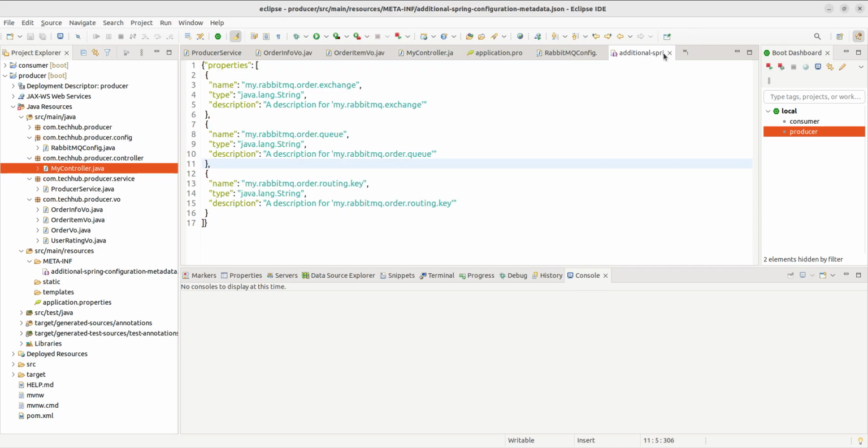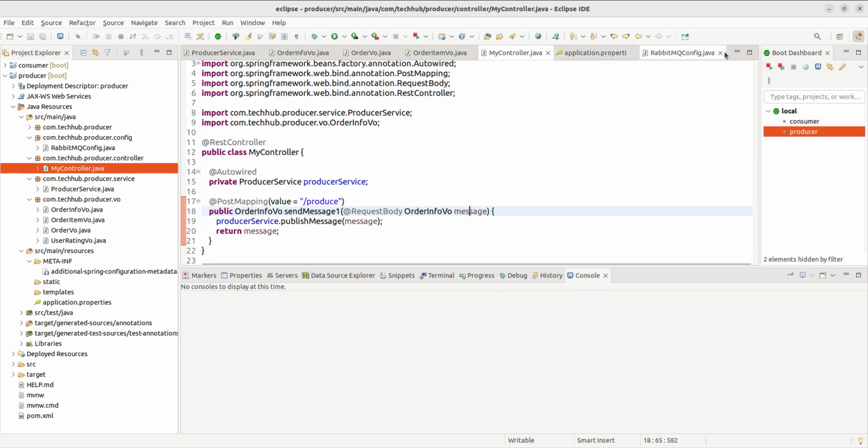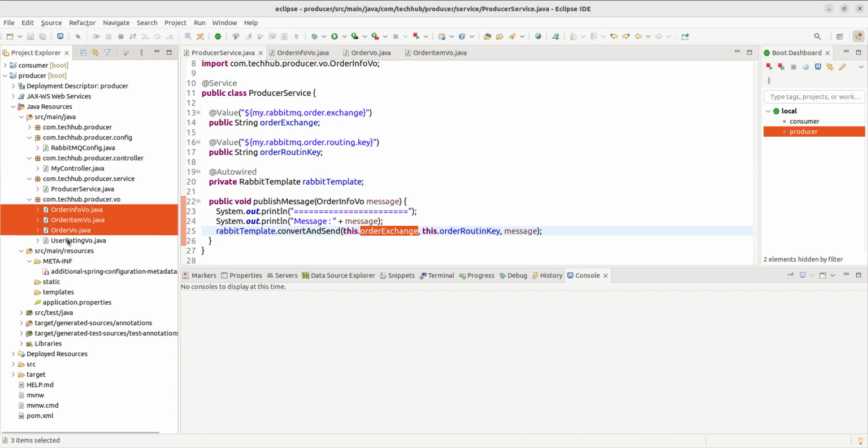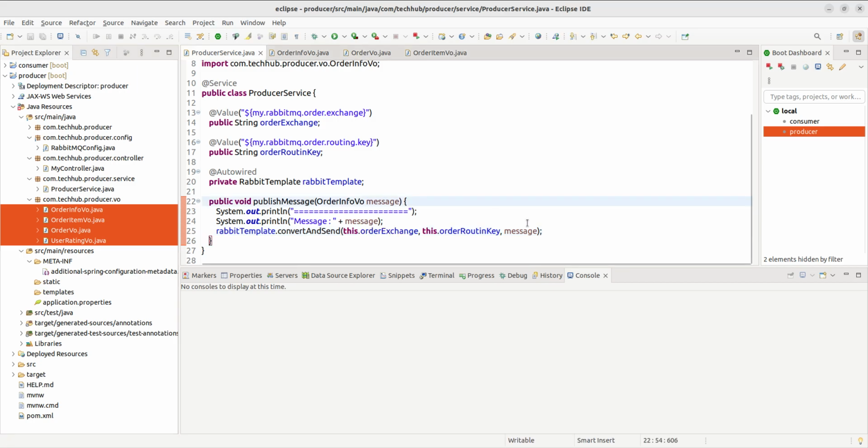These are the settings we have done in our producer configuration, application.properties, controller, and we have added these four files. For user rating also we need to create another exchange and queue, we will see that one. In this one we will add that. First let's run this one and see. Next